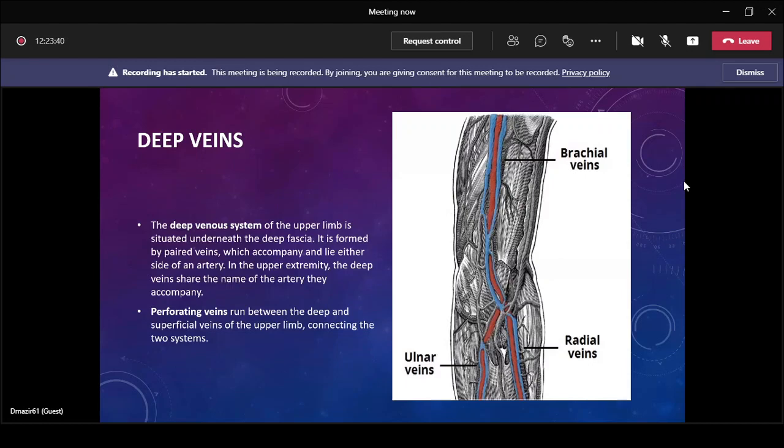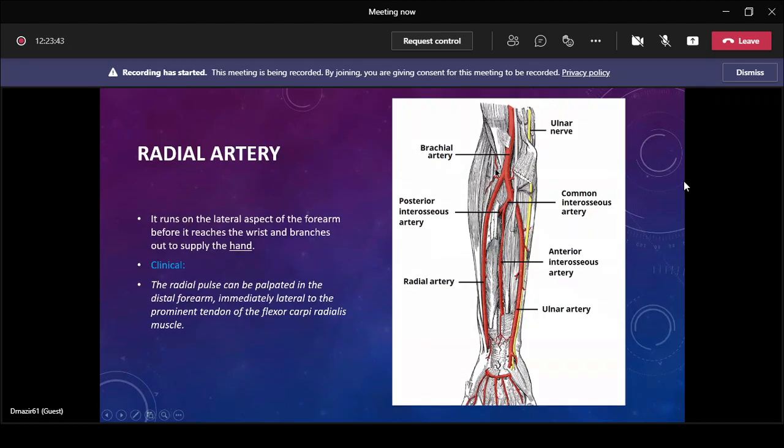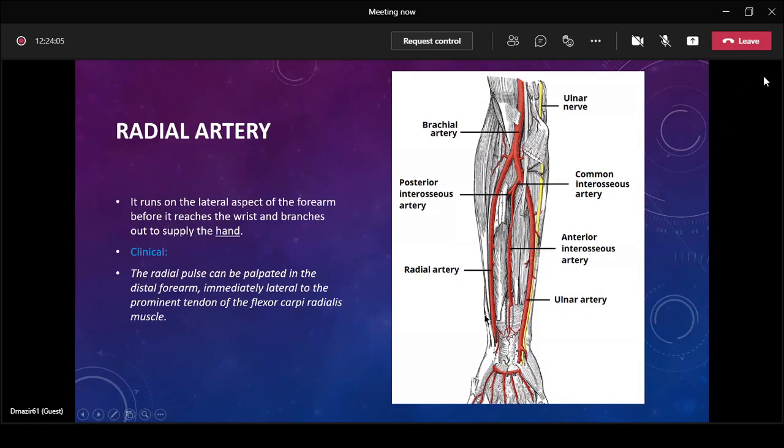First we will consider the radial artery. The radial artery turns on the lateral aspect of the forearm before it reaches the wrist joint, wrist area, and branches out to supply the hand. Now the clinical significance is that the radial artery goes on the lateral aspect of the wrist joint, and here in the anatomical snuffbox